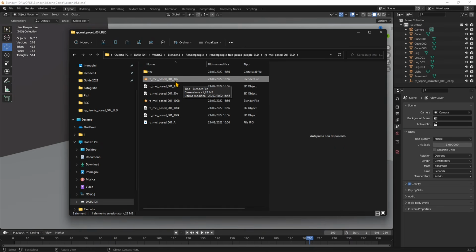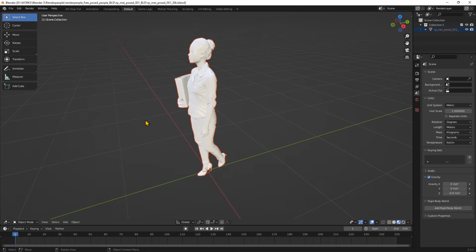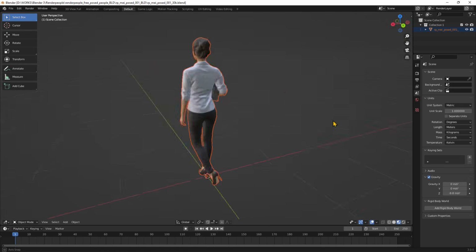Now, be careful because this is 30K and this is 100K. This is the heaviness of the model. It's talking about polygons, so 30,000 or 100,000 polygons. So in this case, I'm gonna get the lightest, this one here, and just double click. It's gonna open up another Blender window. And from here, the easiest thing to do